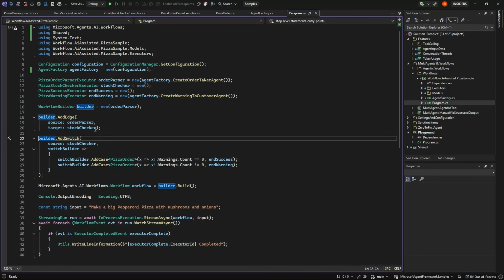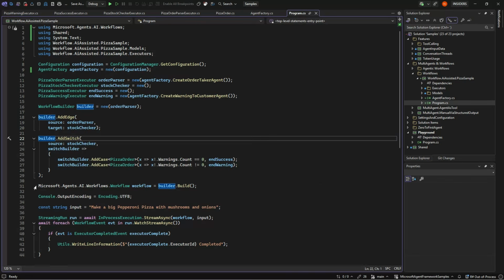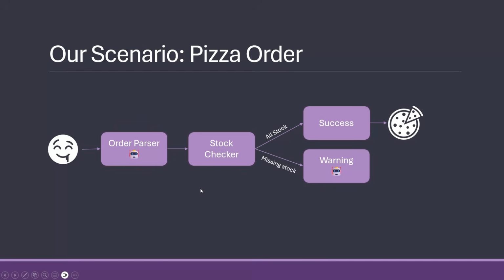And then once we have the output of our stock checker that enhances the order with warnings or not, we go in and add a switch edge, meaning we are going to branch into two different things.